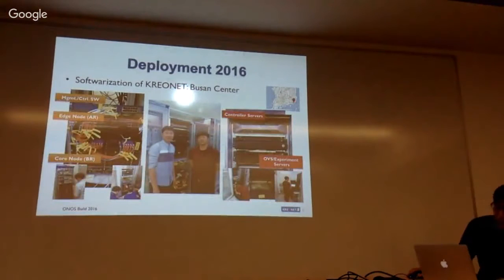We deployed KREONET-S infrastructure in 2 geographically distributed locations last year, that is Daejeon and Seoul. And this year, we have completed new deployments in 2 locations. One is in Busan and the other is in Chicago, based on international long-distance SDN network. This slide shows the deployment status in Busan, with several photos of core and edge network devices, management switches, controller, OVS, and experimental servers in one lab.